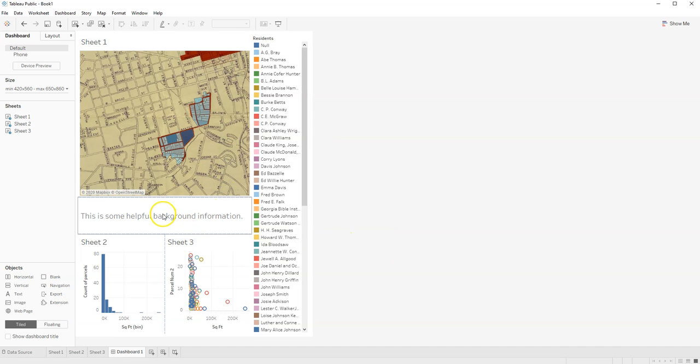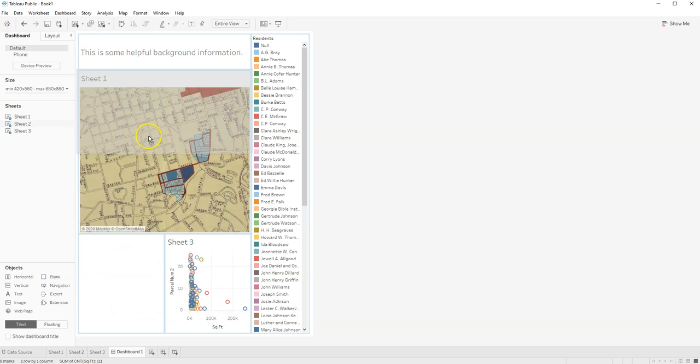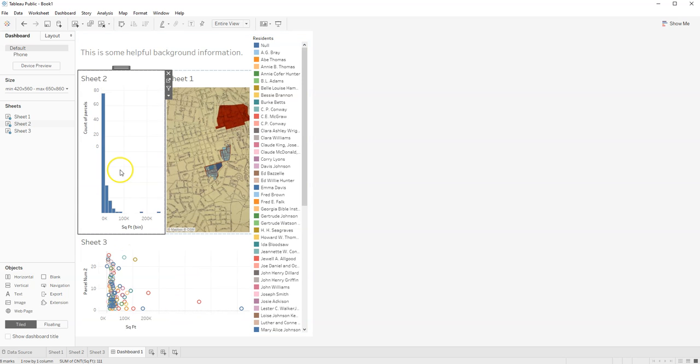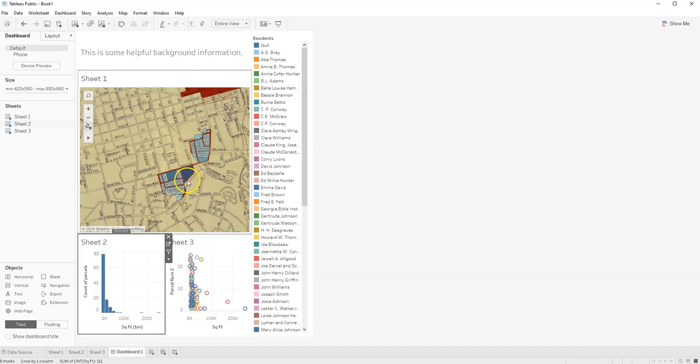So you can do whatever formatting you want to do, and you've got this pretty well set up. If you want this in a different part of the page, if you want this at the top, you just grab this handle and move it up here. You can think about where you want stuff to go. If I wanted to move this graph over here, I could do it. It's a pretty flexible tool, and I think this is really what Tableau does well: it allows this kind of drag and drop design and gives you lots of options to pretty quickly make some engaging graphics